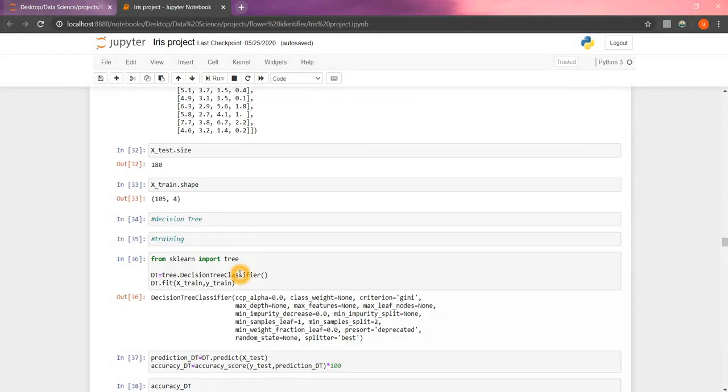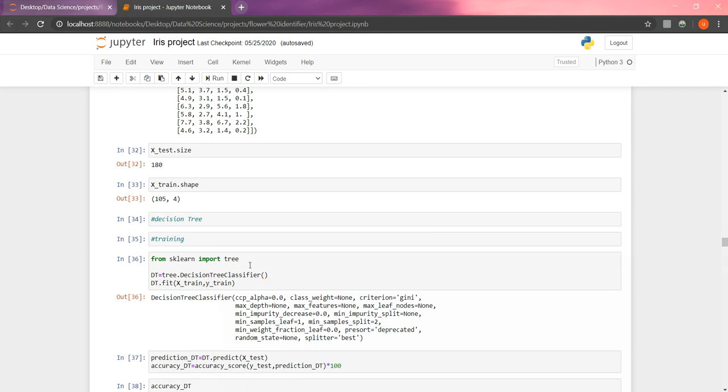For the implementation of the decision tree, we have to import tree from sklearn. From sklearn import tree, and we assign the decision tree classifier to dt, and dt.fit will train on the X train and Y train data.